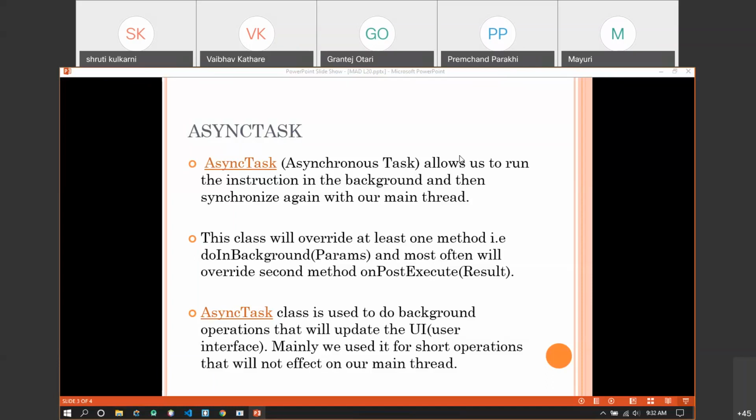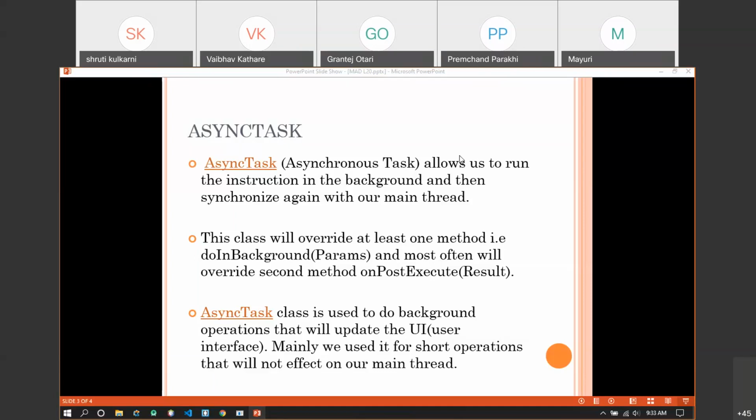Now, what do you mean by that? As their name suggests, since the operation is long executing, we can do certain things before the operation starts, certain things while the operation is running, and certain things when the operation is completed. The things which have to be performed before executing an operation have to be written under the method pre-execute.